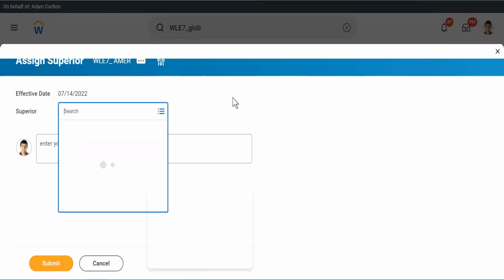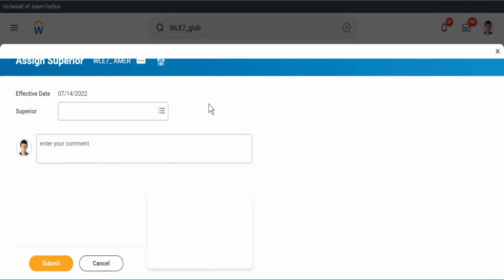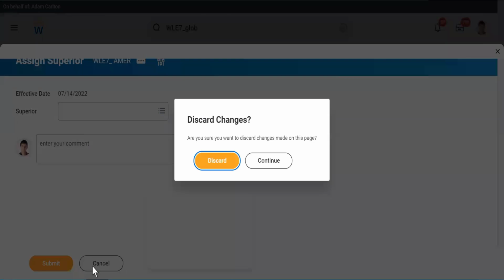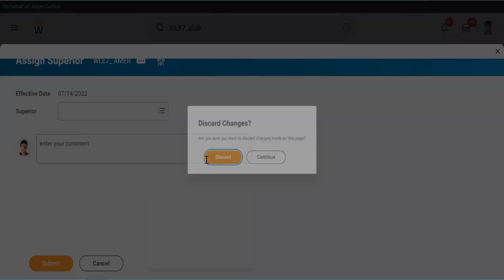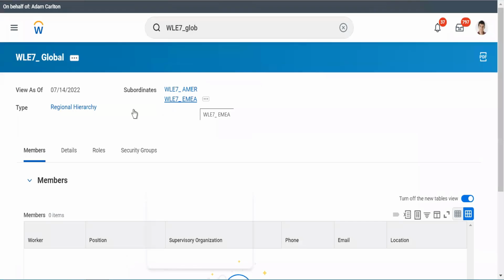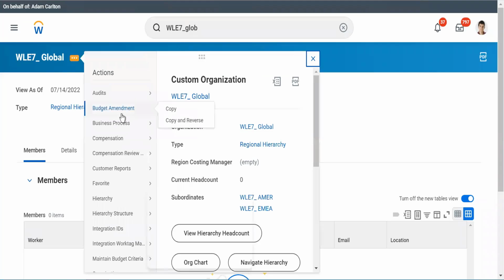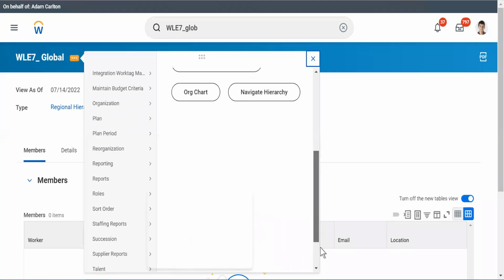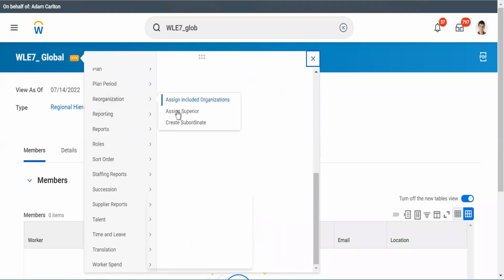Basically, I don't have that permission. Okay, I may go to Global and there I can make those changes. That may be a possibility. Let me try that.